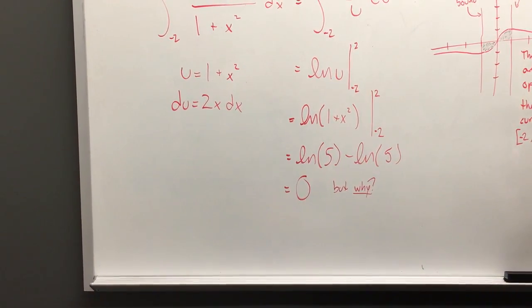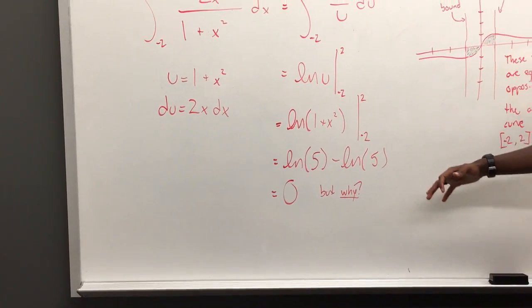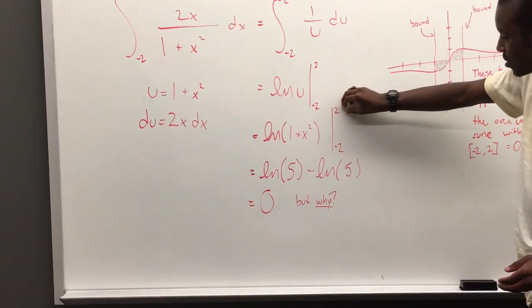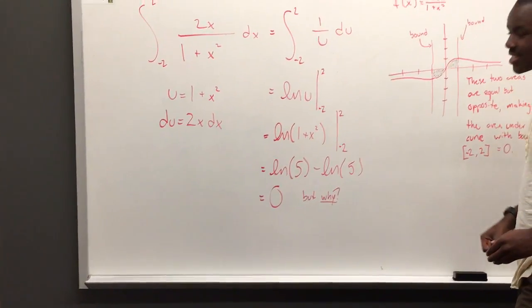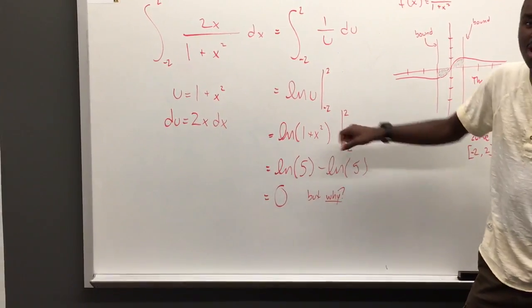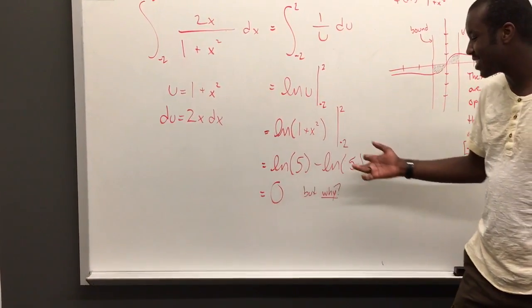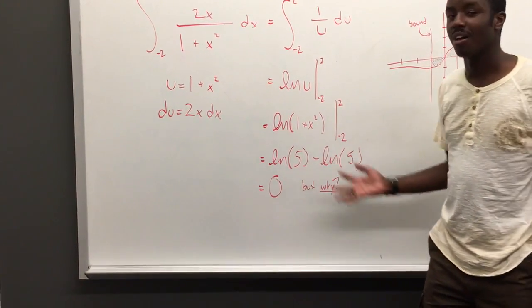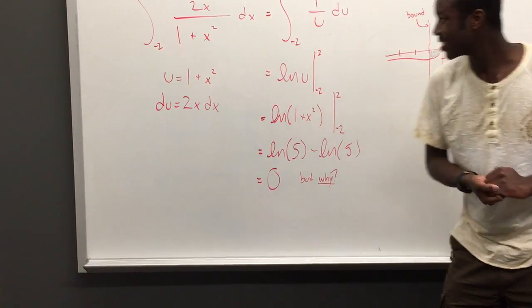And now what we want to do is take these bounds, and we want to take the equation with the upper bound for x minus this equation with the lower bound for x. So when we do that, we get ln of 5 minus ln of 5. And obviously this is 0. And this is 0 because